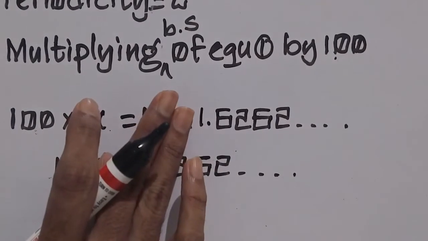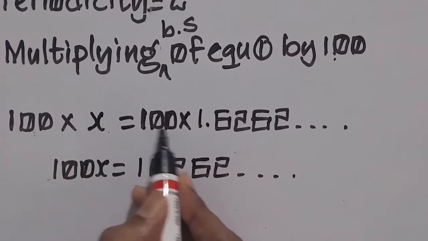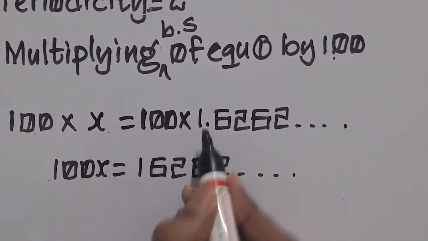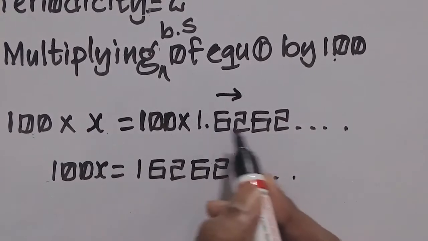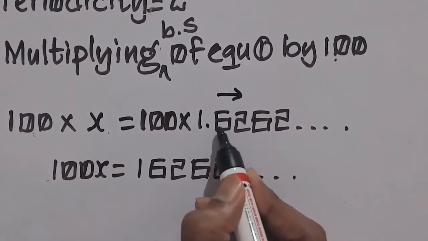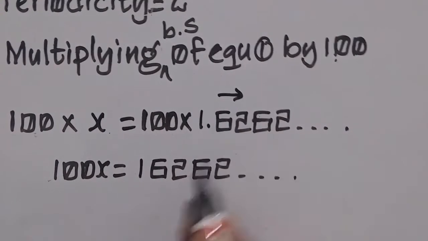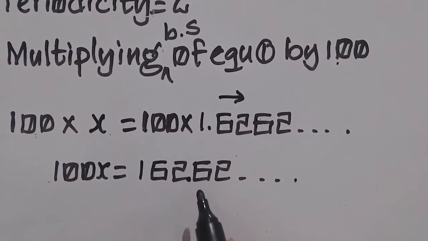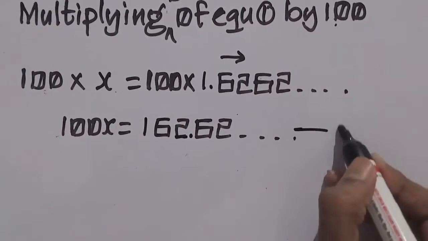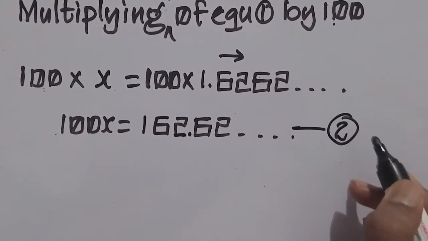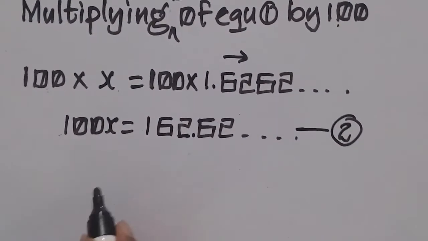First you write the total, and afterwards, since we are multiplying by 100, you shift the point 2 digits, so you get the point after 162. This is equation 2. Now subtracting